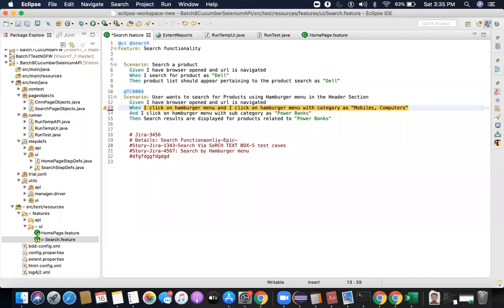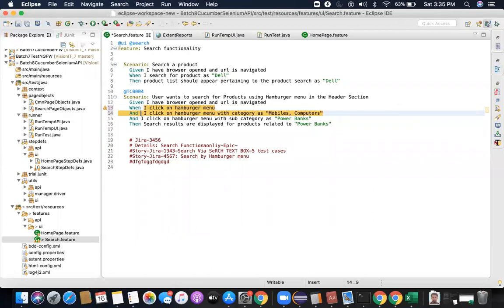This is not wrong, but this other way is better, because I am breaking my steps. The more modular your steps are, the better their reusability becomes. So in BDD it's always better to divide your scenarios into very small chunks, rather than combining two things.